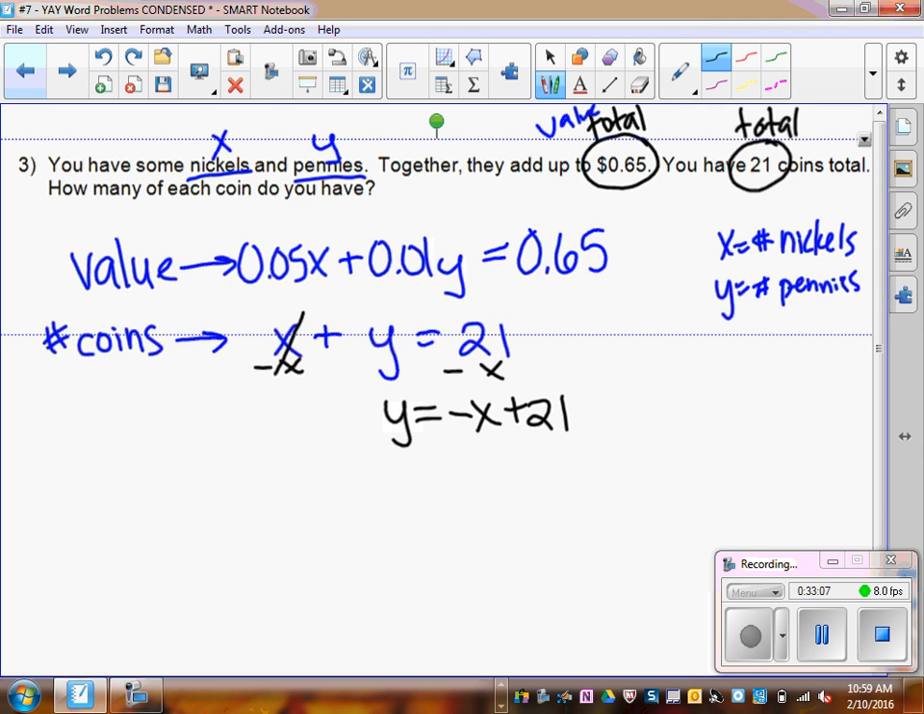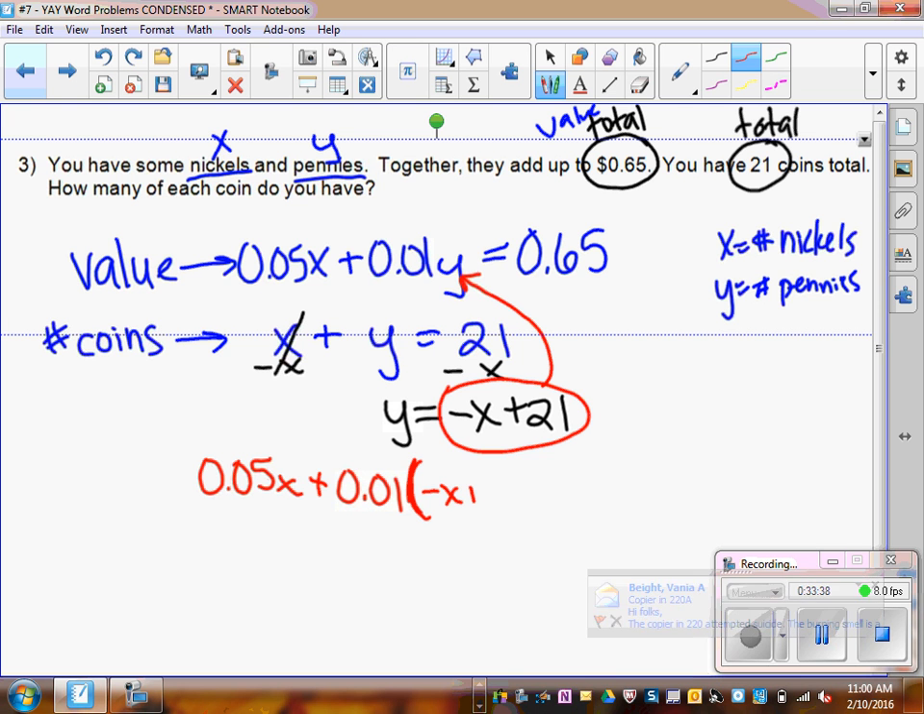Alright. So now that I have y all alone, now I can take this equation, and what am I going to do with that? I'm going to take this expression and put it in for y of my other equation. Okay, so let's go ahead and do that. So I have 0.05x plus 0.01 times y, which is this whole huge expression, so I need to use my parentheses here. Negative x plus 21